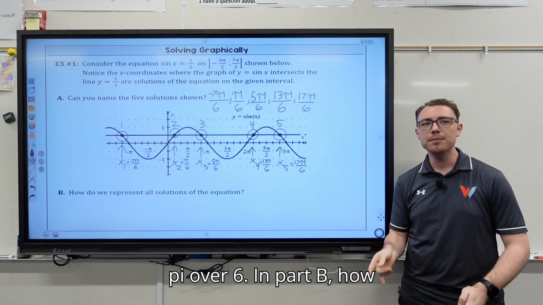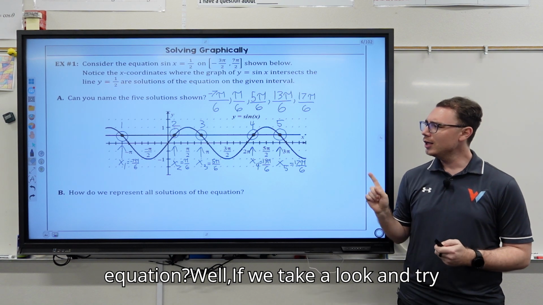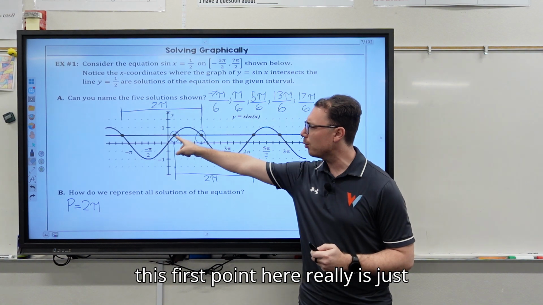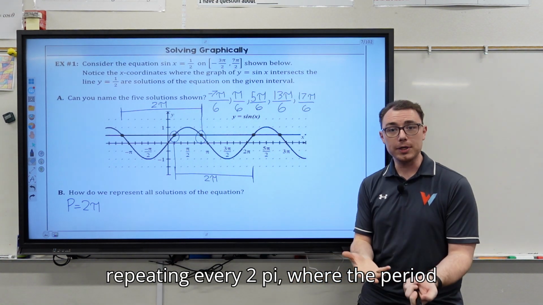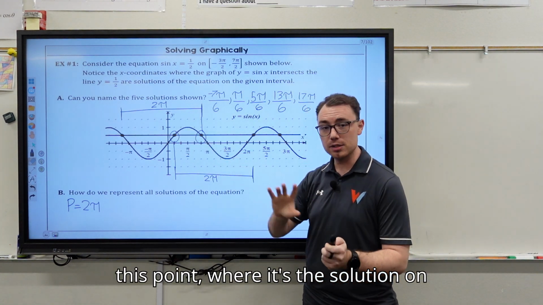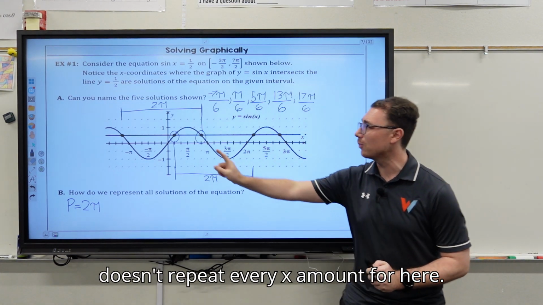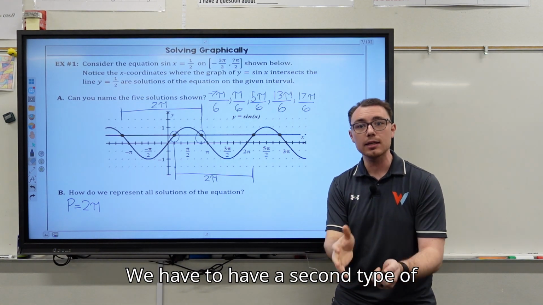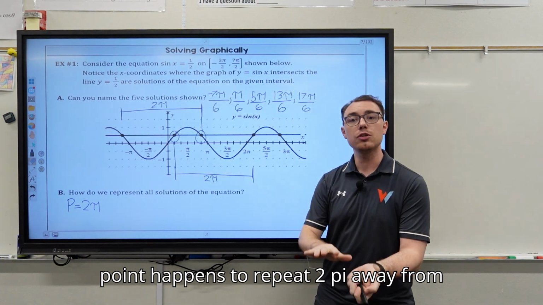In part B, how do we represent all the solutions to the equation? Well, if we take a look and try and break down these points, notice how this first point here really is just repeating every 2 pi, where the period itself is 2 pi. So we know that this point, where it's the solution on our graph, repeats every 2 pi, but it doesn't repeat every x amount for here. We have to have a second type of repeating equation where this second point happens to repeat 2 pi away